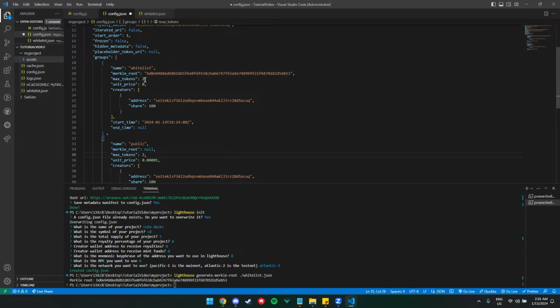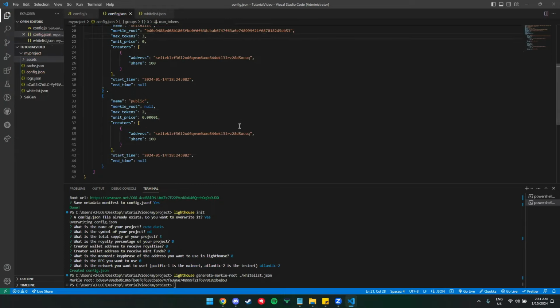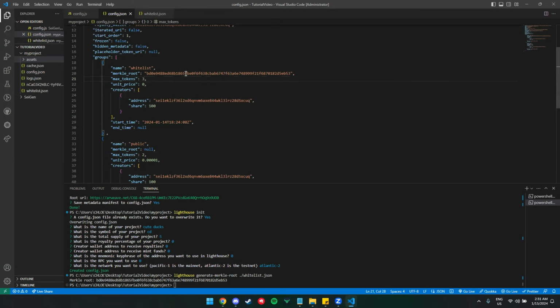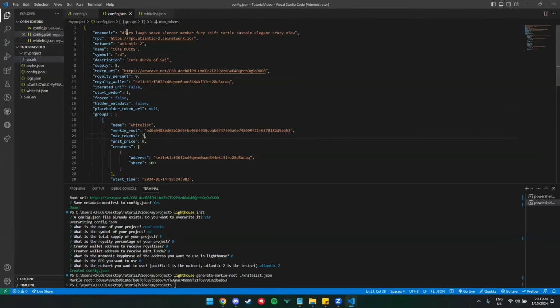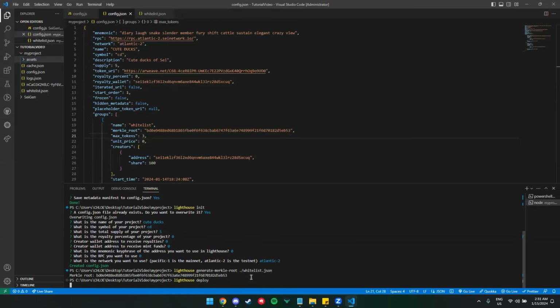That's 2. And let's make it 3. Okay. So after editing all those configs for the contract, what you need to do is deploy your NFT collection to Sei network. In order to do that, you just need to type Lighthouse deploy.